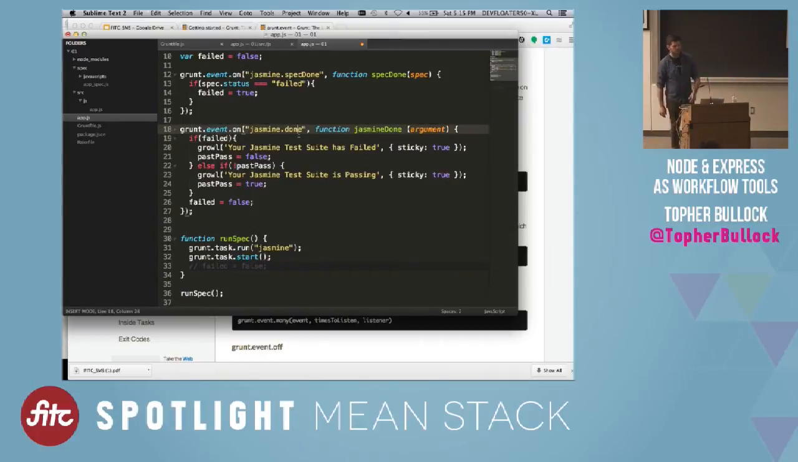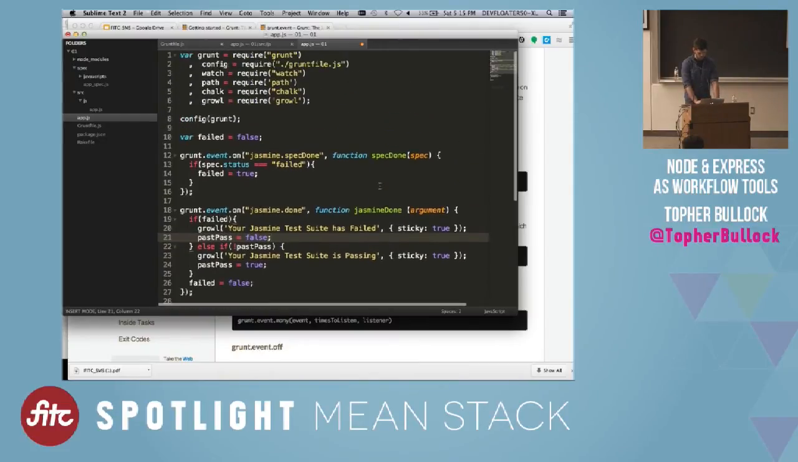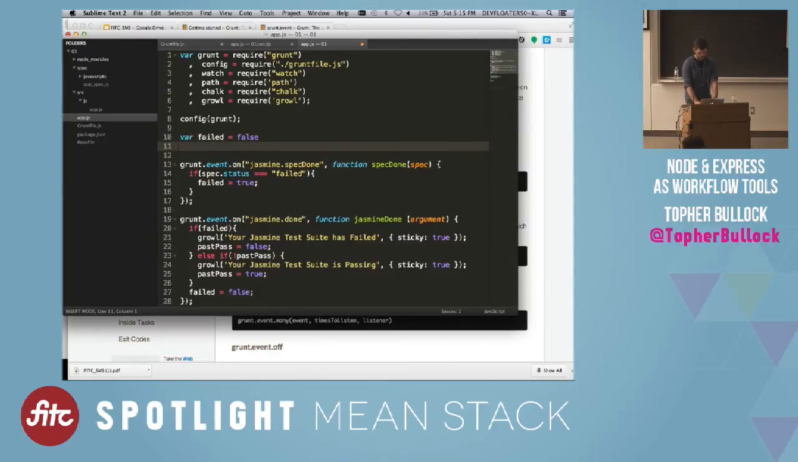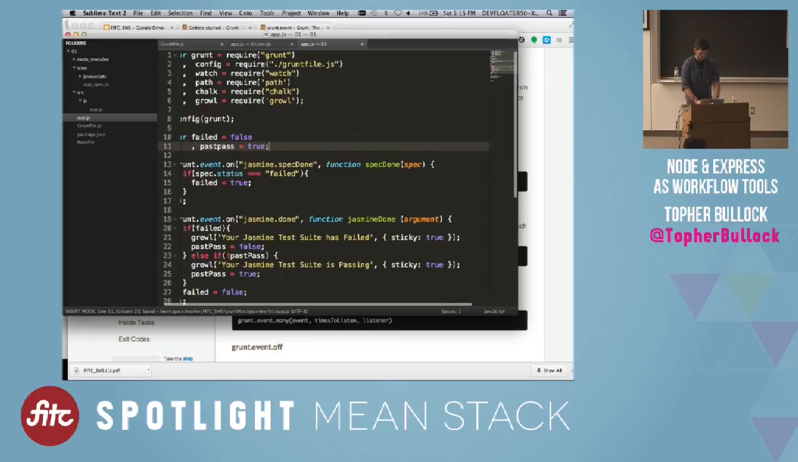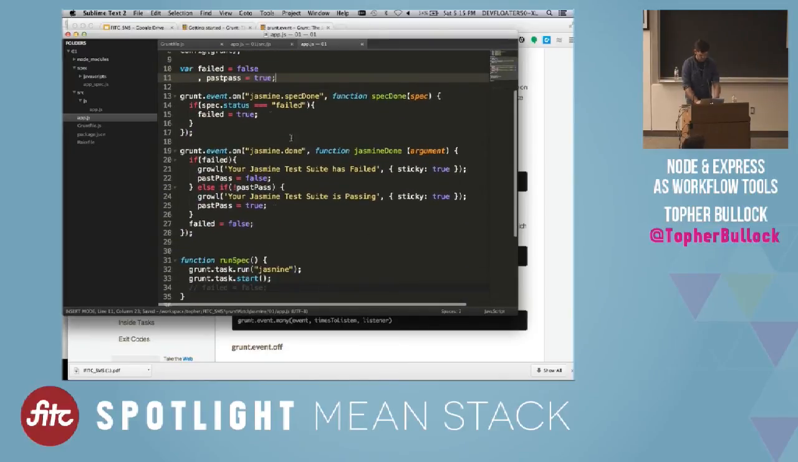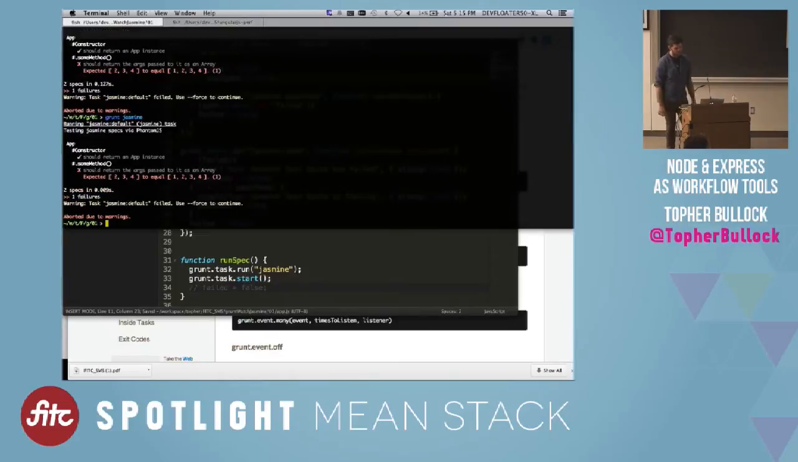So yeah, I get this event from Jasmine that says jasmine.done, and then I know that all of my specs have completed, and I just want to check whether any of them have failed, and then I can use this awesome NPM module called Growl, which basically fires off notifications that will tell me whether my suite has failed or passed. So that's super cool. I'm missing a variable here. Case in point, horrible live coding skills. Cool. So now I can run this and